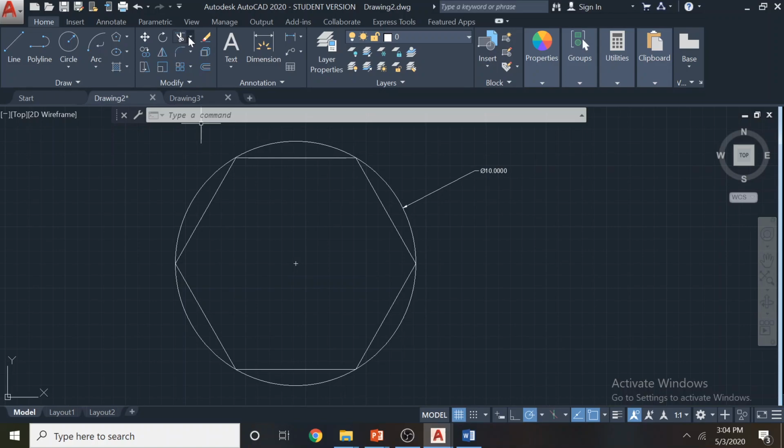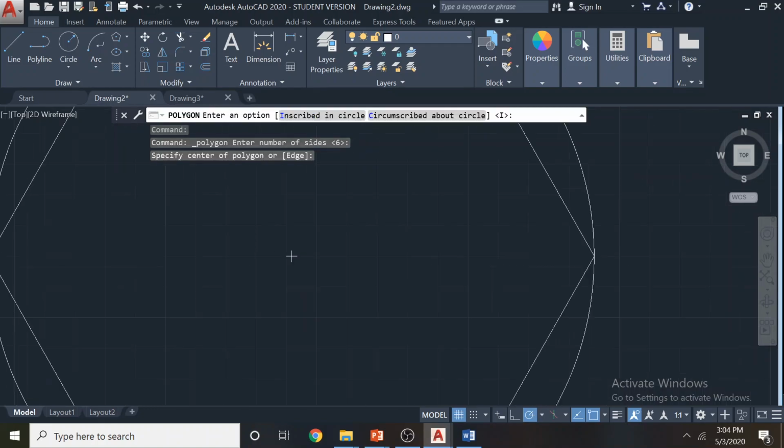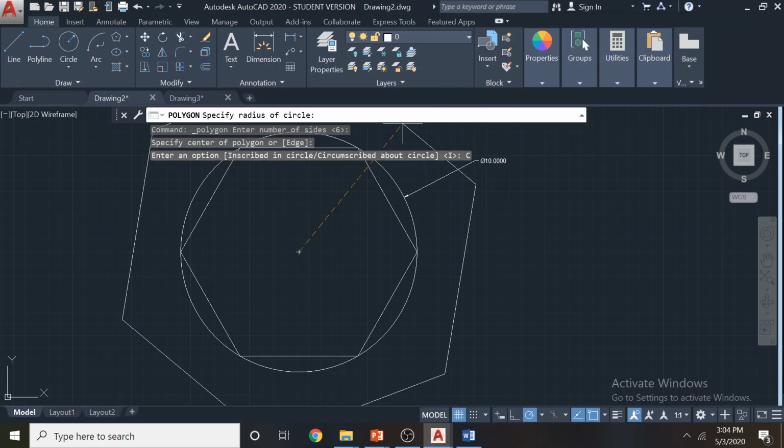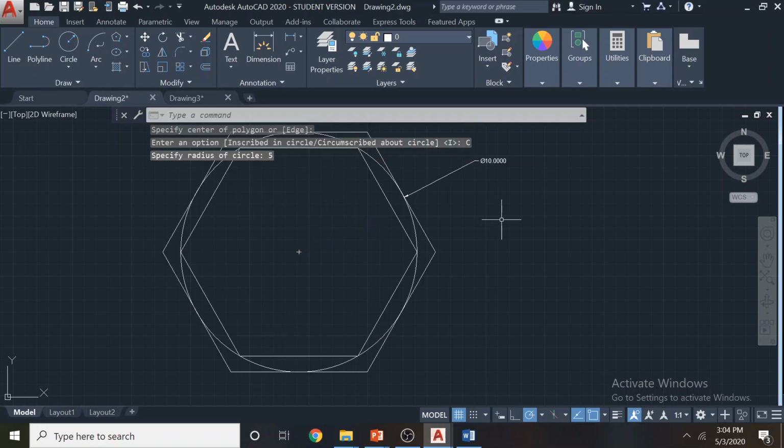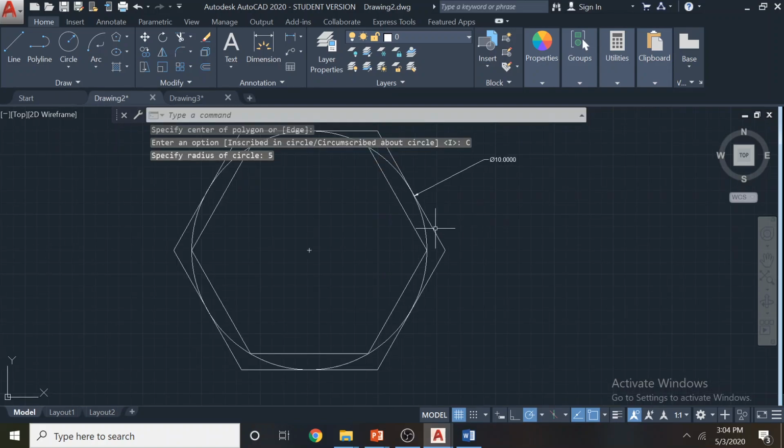And if you repeat this for the circumscribed polygon, number of sides 6, center point, and I say circumscribe, the radius is this time the same radius, say 5. So this is the circumscribed polygon I am getting.